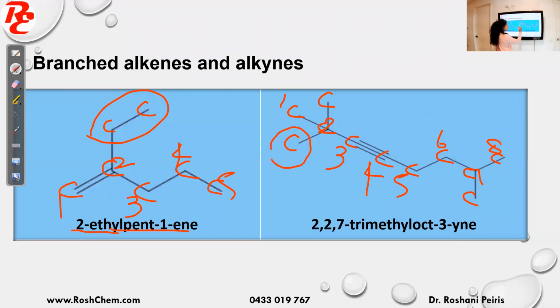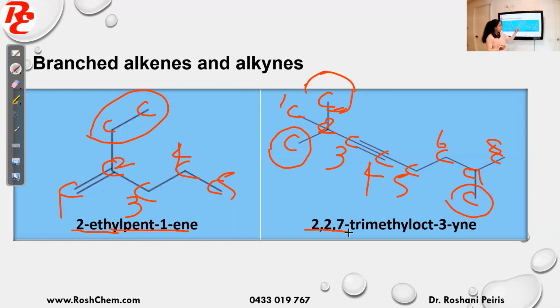Then you have a substituent here, which is a CH3 group. You can't see the hydrogens, but to make 4 bonds, you need to put 3 hydrogens, which means it's a CH3. That's another CH3 here, right? And then the other CH3 is there. So where are they? You can see 2 of them are on the second carbon and the other one is on the 7th carbon. So I say 2,2,7. Why is that? 2 of them were on the second carbon, so I have given a number to each. The other one was at 7. So 2,2,7-trimethyl, because there are 3 CH3. So trimethyloct, an 8 carbon chain.